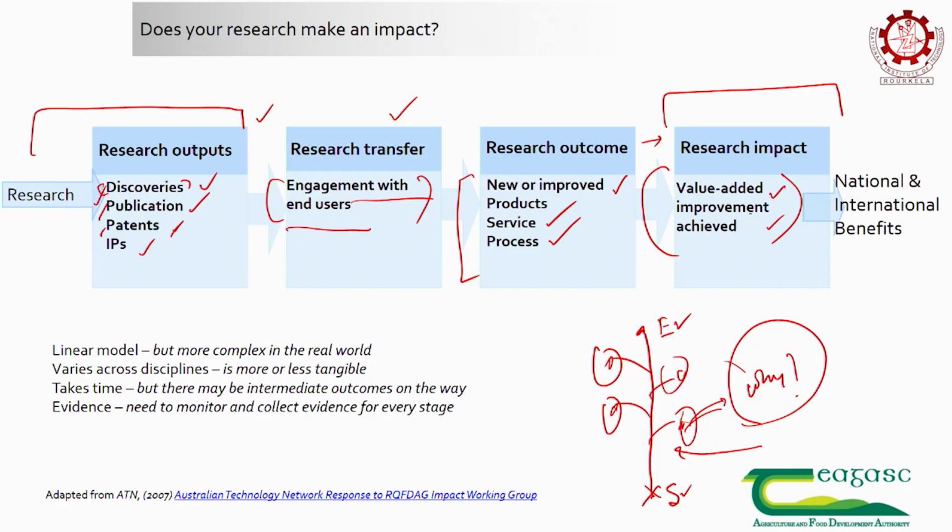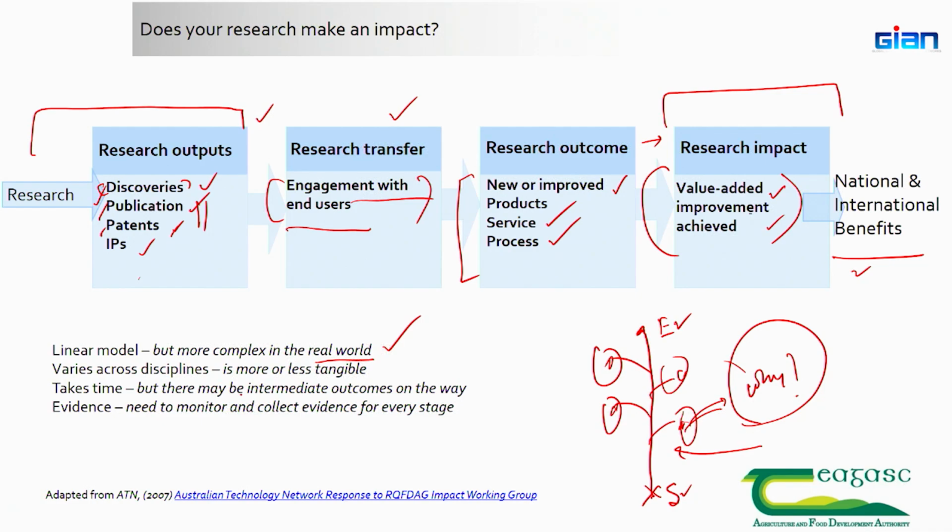That is very important. Then you have national and international benefits. You understand how we can create a carbon neutral environment, or take the example of the vaccine itself. When all the money was put into vaccine research for COVID, what were they looking for? Publication? The main thing was benefit, social benefit. So, everything which is put into the research should not end up just there. One is the linear model, but the real world is more complex, we all know that.